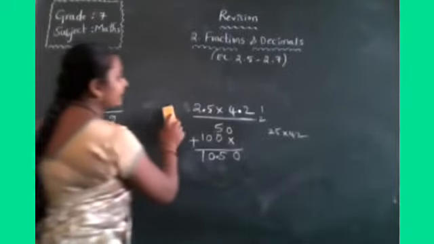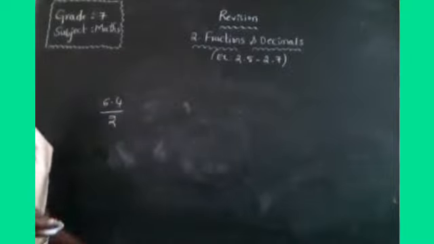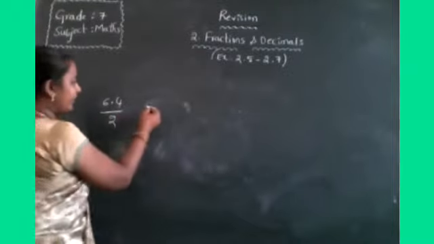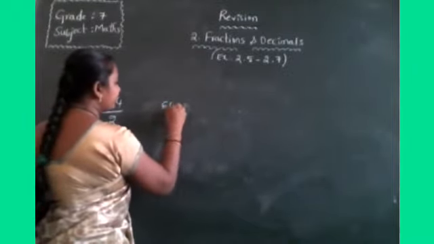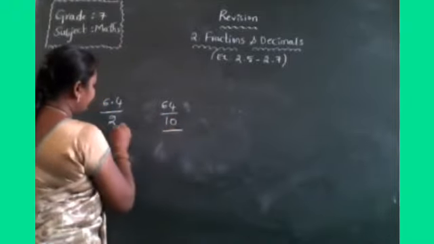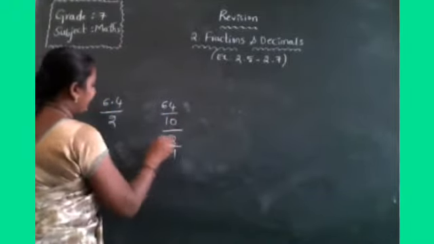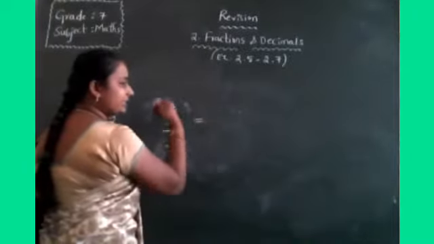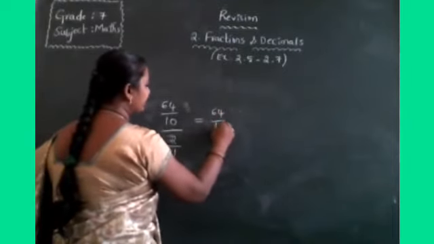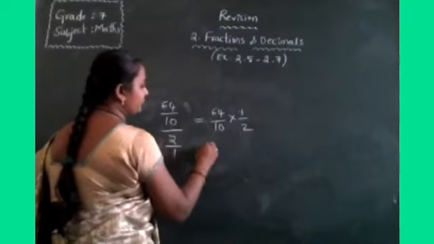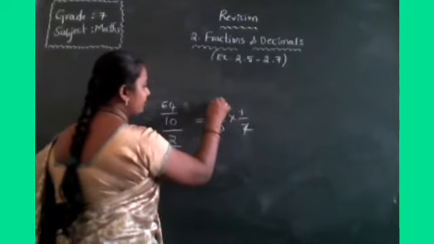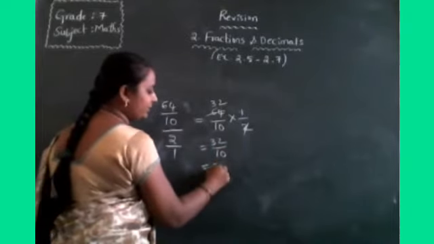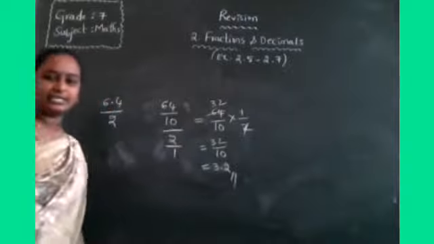Division is the inverse of multiplication. So write this here. The decimal part is there. How to write this in the form of a fraction? Yes, 64 by 10 by 2. So here only the whole number you have to write in the form of a fraction, that is 2 by 1. Now it is the inverse of multiplication. Do the reverse: 64 by 10 into 1 by 2. Now simplify: 2 ones are 2, 2 threes are 6, 2 twos are 4. 32 by 10. Again write this in the form of a decimal, 3.2. Okay children? Is it clear?